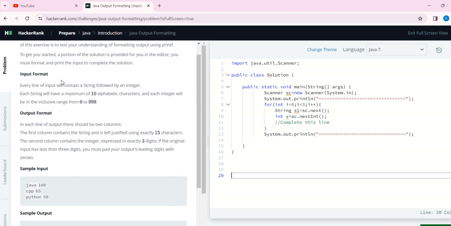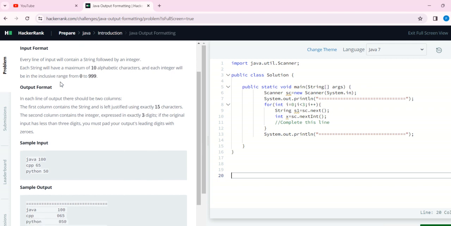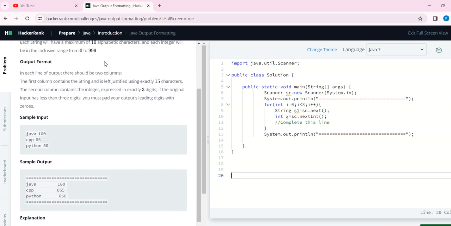The input format is that every line of input will contain a string followed by an integer, and each string will have a maximum of 10 alphabet characters, and each integer will be in the inclusive range of 0 to 999.